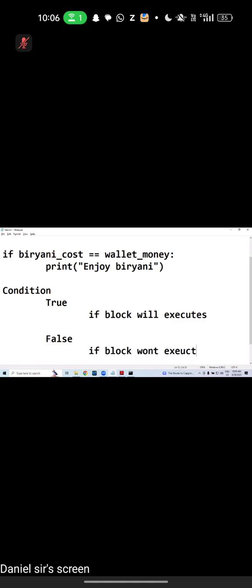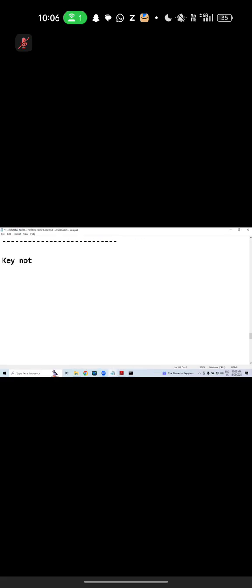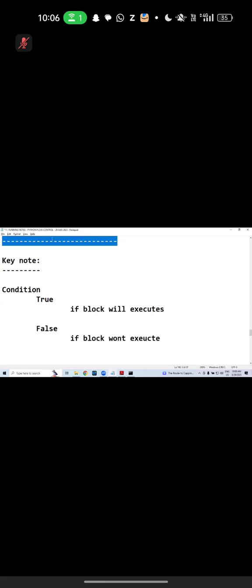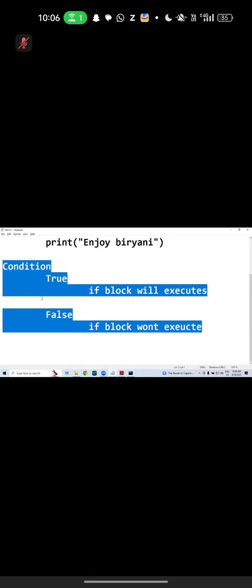If you are able to understand this statement, you really understand the topic very nicely. Right. Sir, the condition is true. If it is true, what will it execute? The if block. If the condition result is false, what won't it execute? What exactly, sir? It won't execute. This point is important. Keynote. I will cover one more example for your better understanding so that you will get an idea. Okay. Delete this piece of code. Now let us run.